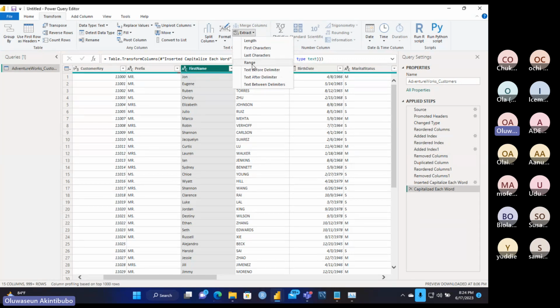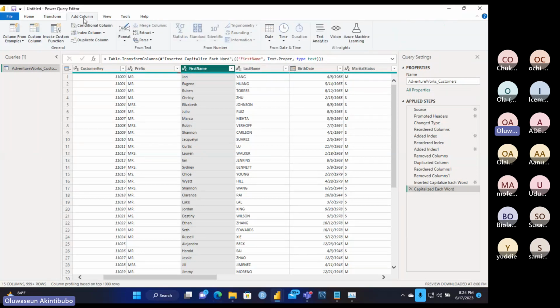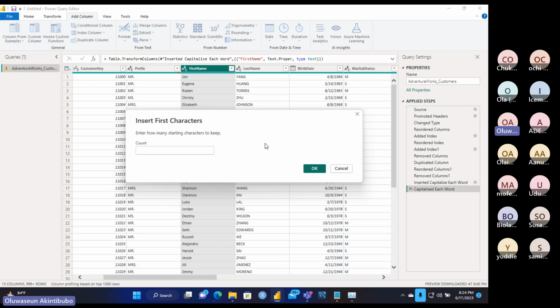Now let's extract. Go to add new column. I hope you can see my screen. From your text environment, look at extract. Extract the first character from that column.